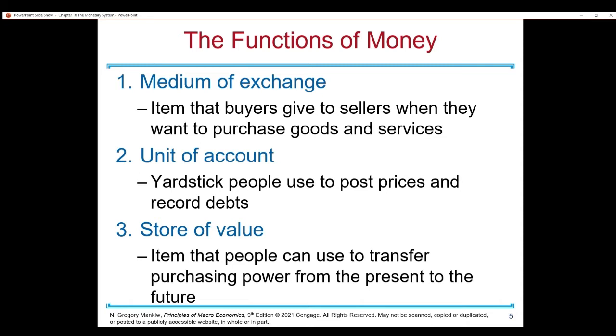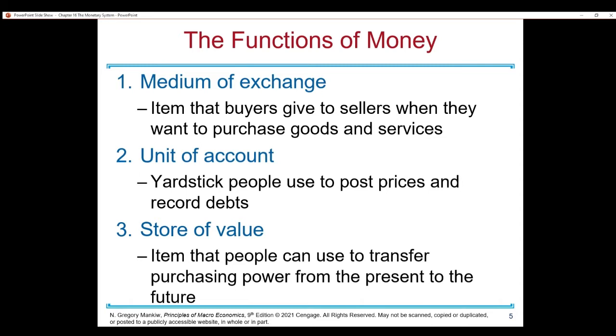Now, other stores of value like stocks and bonds, houses, or other assets might be a better store of value, and that may resist inflation, but they might have other problems that decrease the value. Like if you have a house or a car, you might have depreciation instead of inflation. The house is decaying or the car is having wear and tear, so it decreases in value over time.